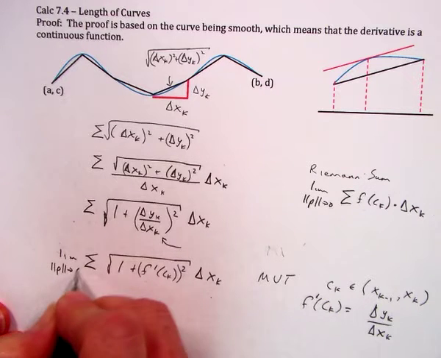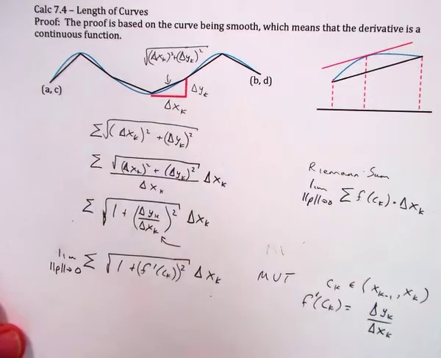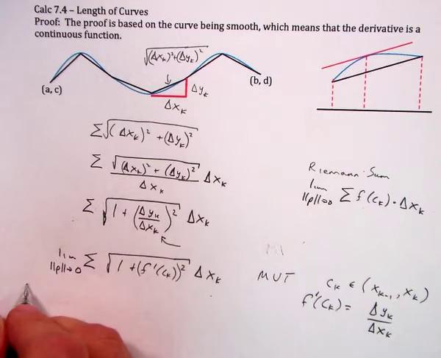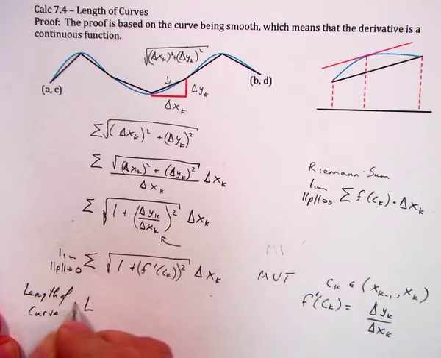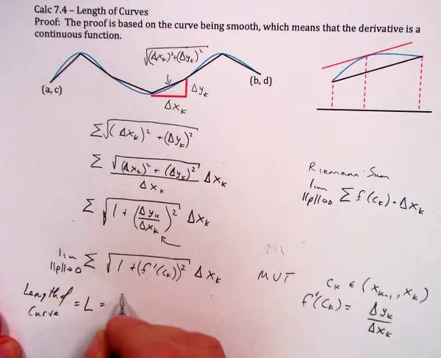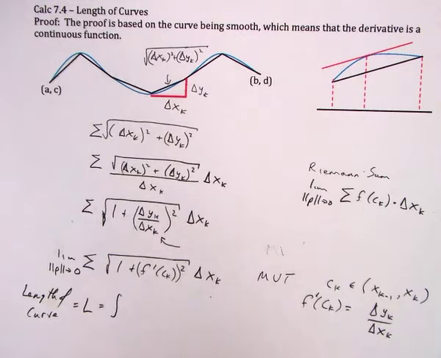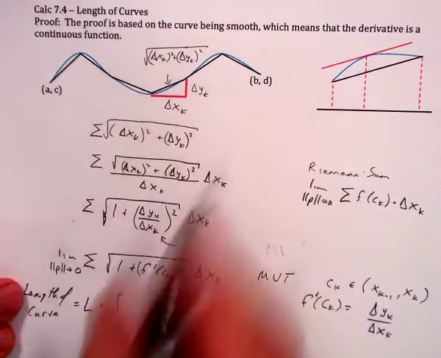Remember, the norm is the largest subinterval. And then we will get our exact length of the curve. Call it L, and that's going to equal, since we're using x, we have to have x numbers. We're going to be going from a to b